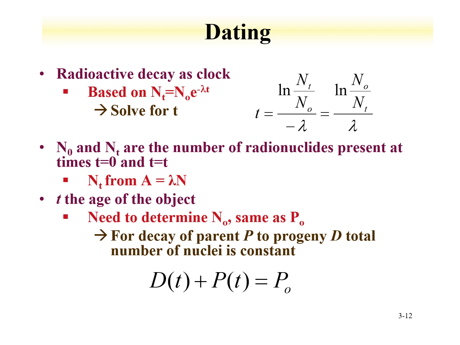So if we have a long-lived isotope that decays to some ground state or stable or long-lived progeny, we can use this as a clock to determine the age of something. The clock is basically from this equation, where the number of atoms at a given time t is equal to the initial number times e to the minus lambda t. So let's rearrange this equation and solve for t, and the equation becomes what is shown here, equal to the natural log ratio of the initial and the number of atoms at time t, and the decay constant